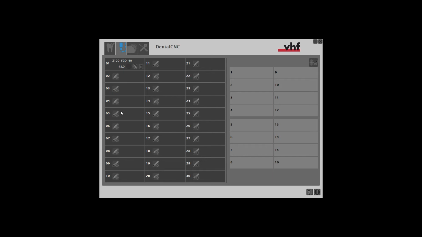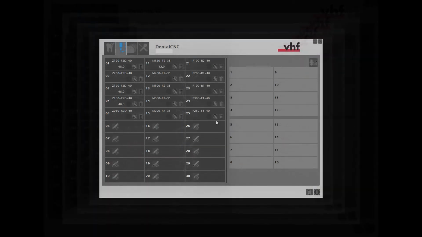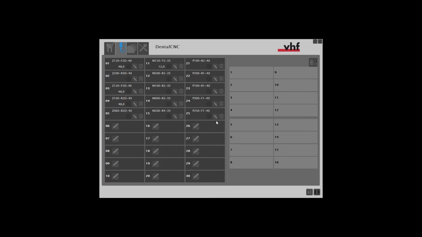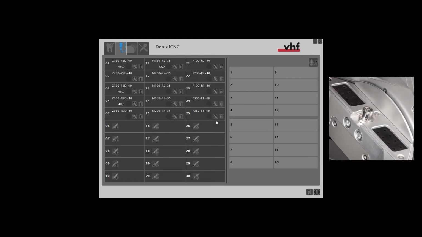You can select any positions for the tools in the Virtual ATB. Here we are. Now, we have to move the tools which are required for our next job to the Virtual Tool Magazine. This time, the positions are important. They must correspond to the physical tools in the machine's tool magazine. Otherwise, the machine will use the wrong tools. The layout of the Virtual Tool Magazine corresponds to the layout of the physical tool magazine.